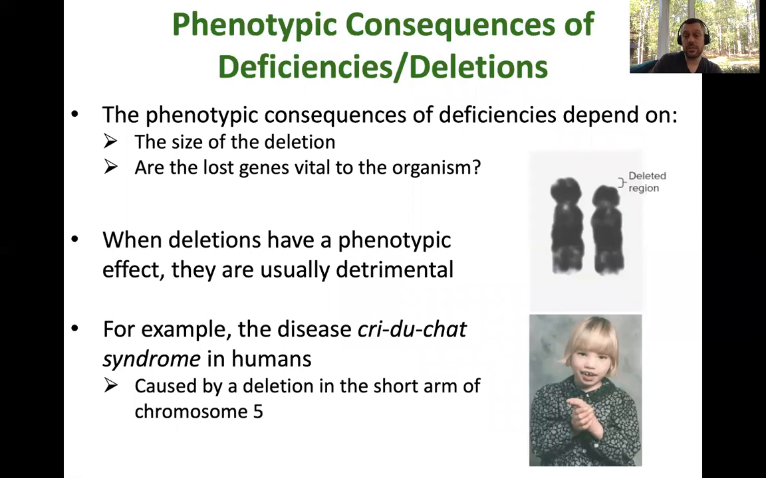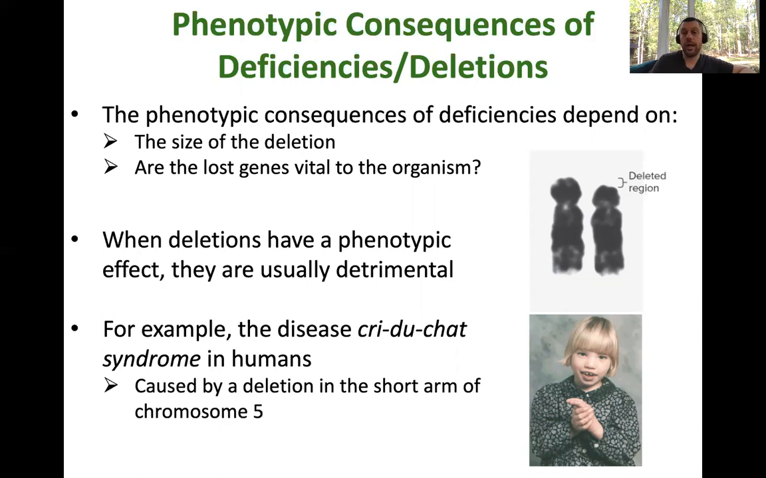Now, deficiencies and deletions can obviously have important phenotypic consequences. Like most of the things we're going to talk about, the size of the change, just in terms of how much of the chromosome is gone or how much more chromosome you have, tends to have a large effect on any phenotypes. The bigger the size of the problem, the bigger the size of the phenotypic issues. So the size of the deletion matters because the number of genes that you lose matters. And what matters as well is, of course, whether the genes that you've lost are actually important for the organism